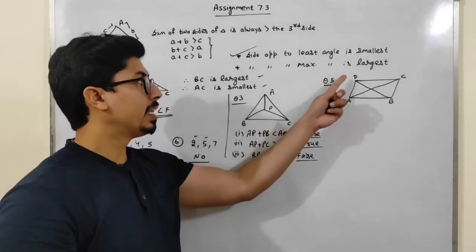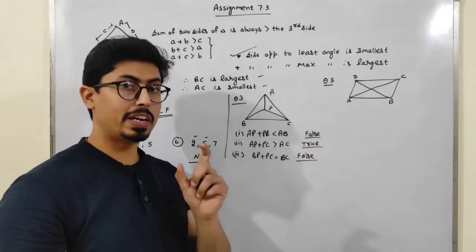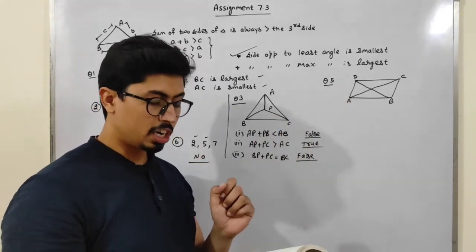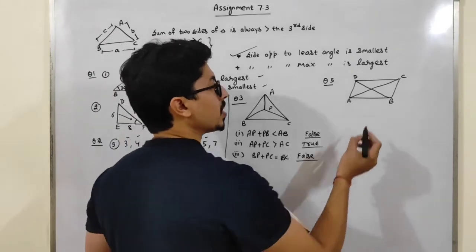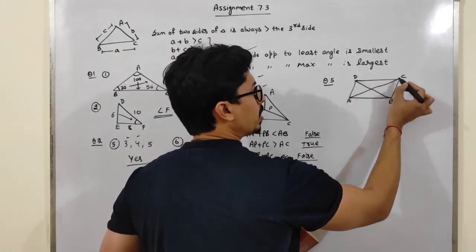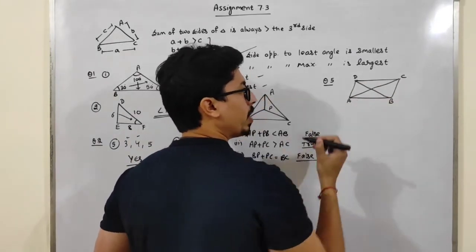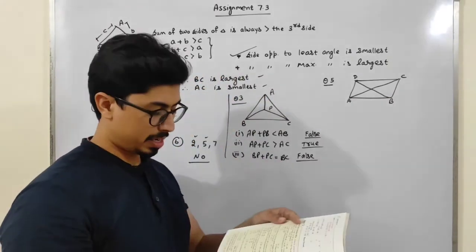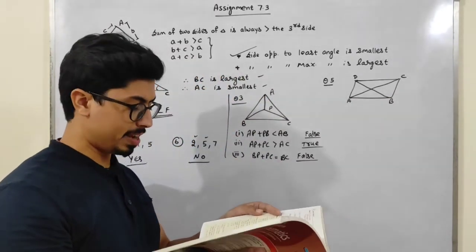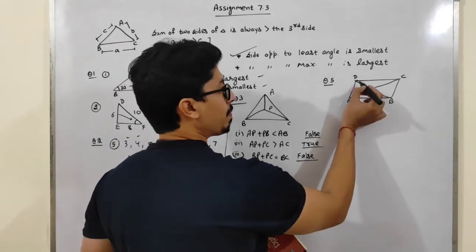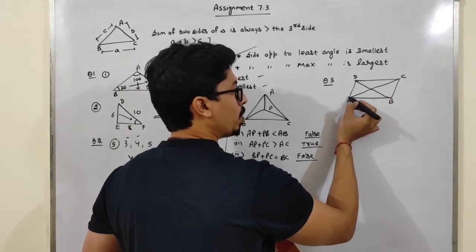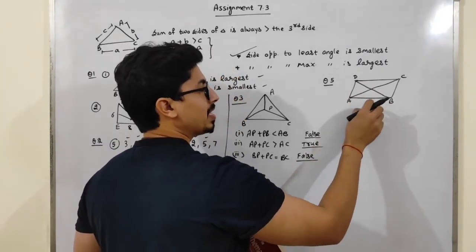First is D to A directly. I have to find out the shortest path. Next is D to A via C. That means from D I will go there, then from C I will go here. Okay, this is the second path, and the third path is D to A via B. That means first I will go here, then I will go here. See, clearly we can see that.